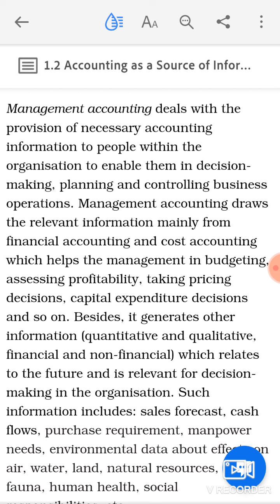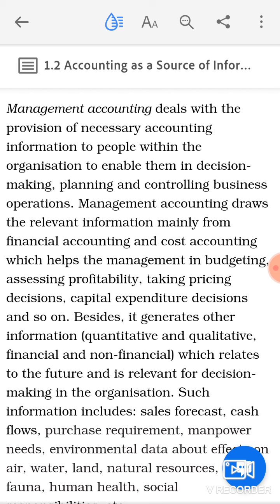Such information includes sales forecast, means management is going to decide how much sales has to be done in future. Cash flows, they will take decision regarding the cash flows, means inflows and outflows of the business. Purchase requirements, about the raw material, about the machine, tools and equipments. Manpower needs, how many individuals are required in the organization, they are going to make the estimation of the same. Environmental data, about effect on air, means